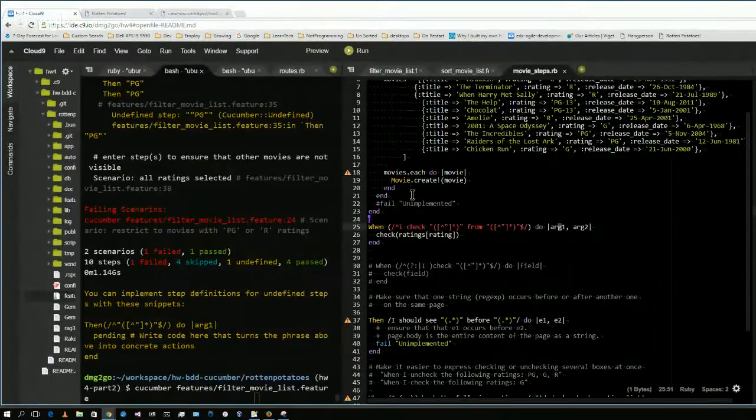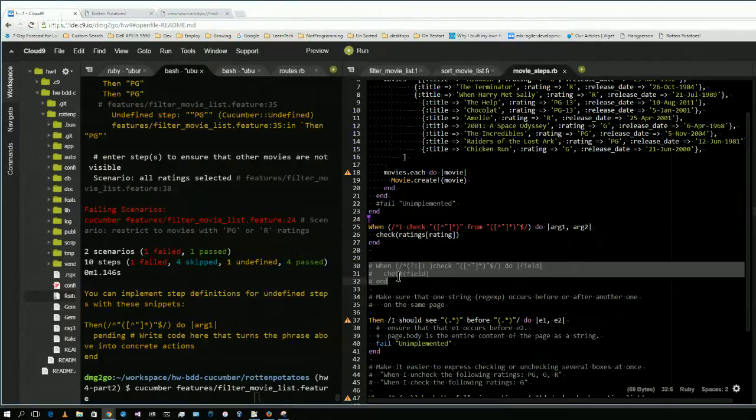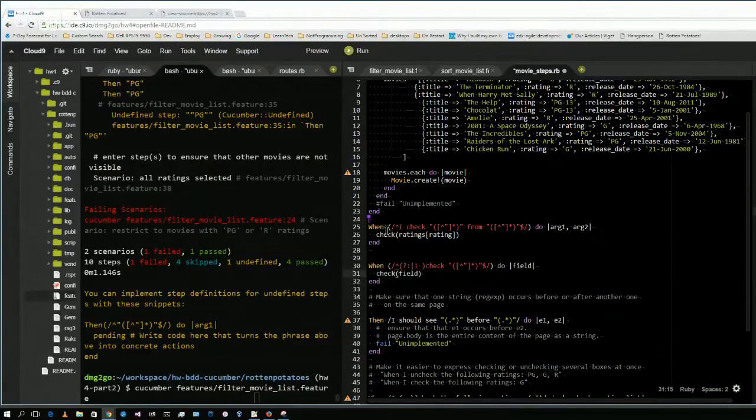Right. Well, the ID would be ratings, the array instance. Now, what I was unclear about is that they had existing in this file this simple check field, and